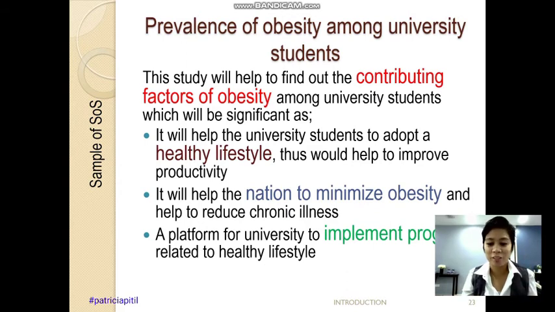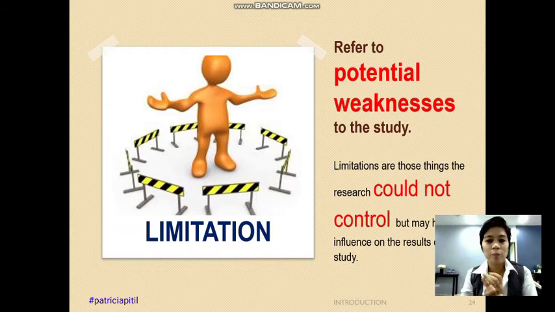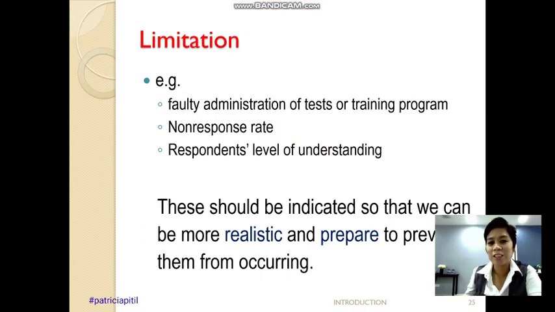Okay, so another subchapter will be limitation. Limitation, yes. As those who propose a topic, your title, you have to address the potential weaknesses, because at least you're aware. Even though it is a weakness, you have to be aware. Weakness here is beyond your control. Outline weaknesses that are potentially beyond your control. And if the weakness is in your control, for example, I cannot go there because of financial reasons, no, it's not a limitation. Limitation should be beyond your control.